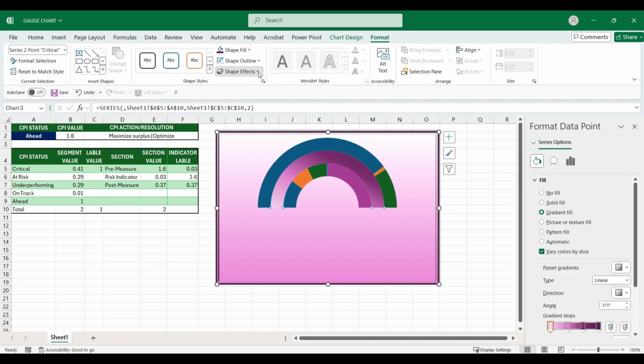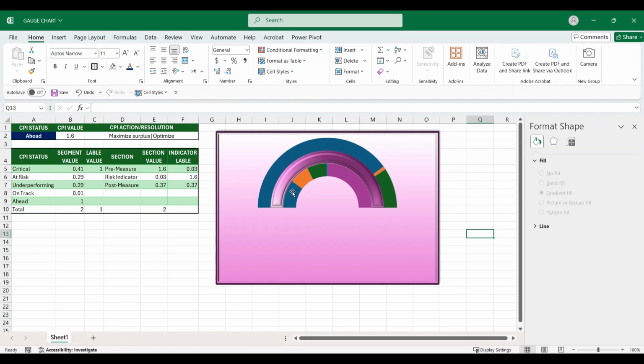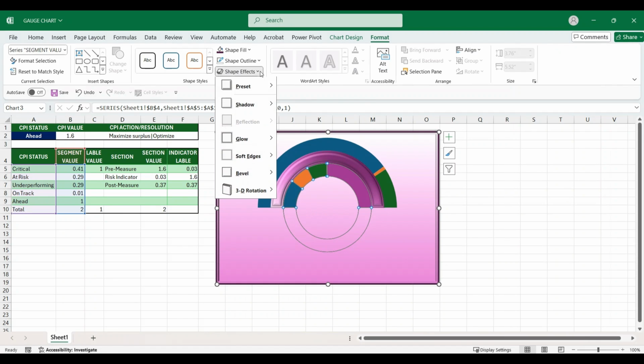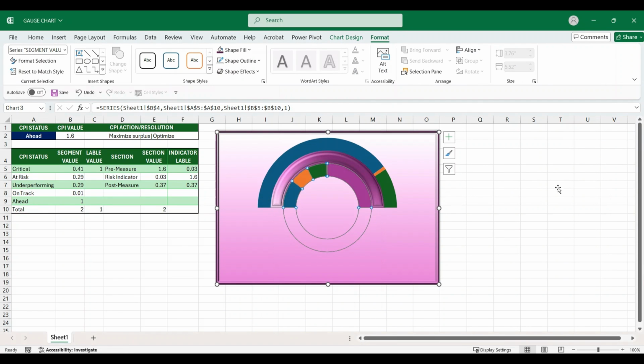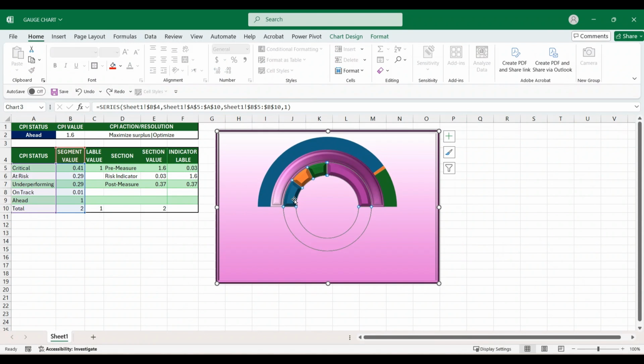Go to the Format tab, select Shape Effects, and under Bevel, choose Round Convex. Next, select the inner layer of the gauge chart with a single click. Go to Shape Effects, choose Bevel, and select Angle. Now, first, select the inner layer of the gauge chart with a single click, then click on the first segment